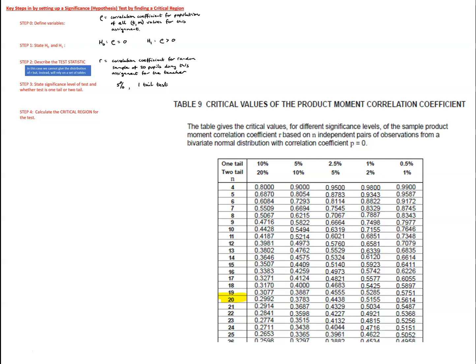We're doing a one-tailed test in this case, so we go to the top row of the table, find the significance level, which is 5%, and then we go down that column until we hit the row for n that we've got. So the critical value for our significance test is